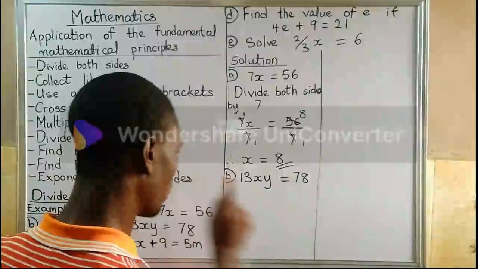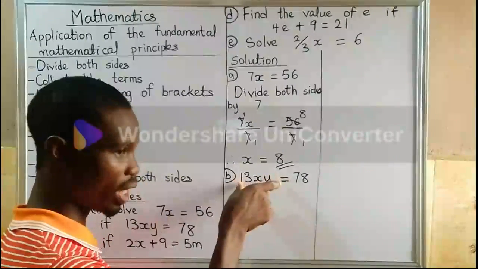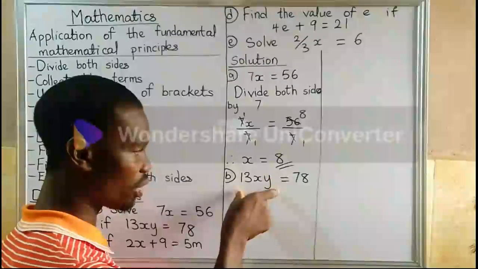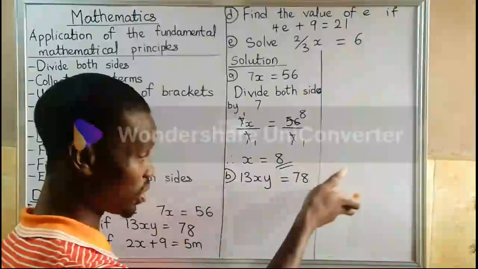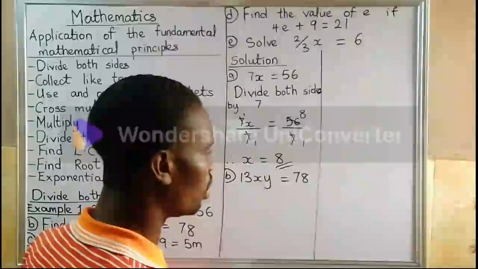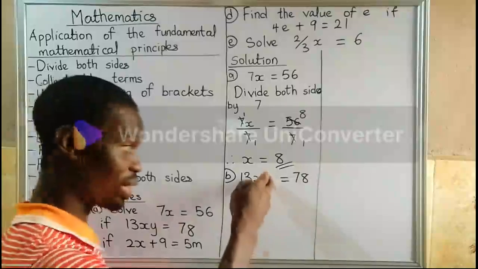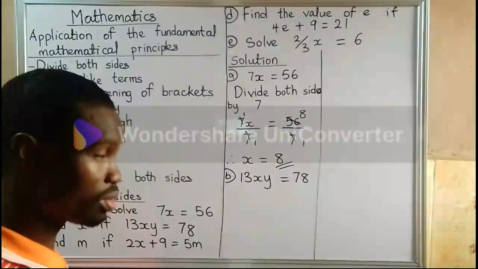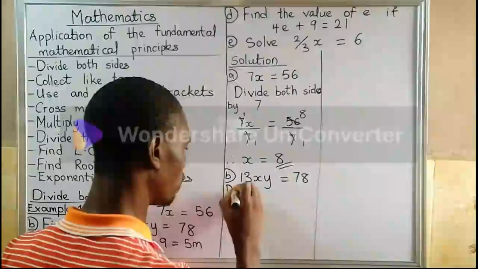We are looking for the variable x, and the term containing that variable x is 13xy. So it is alone on one side of the equation, and every other term, in this case just one, is on the other side of the equation, despite the fact that it's not the only variable there. So it's still applicable here. So we divide both sides,